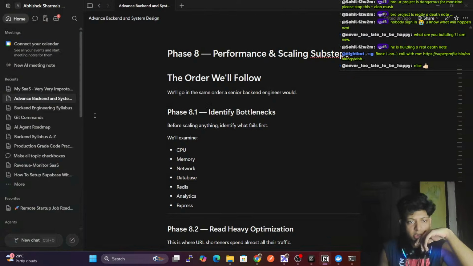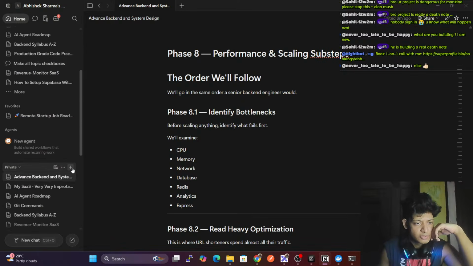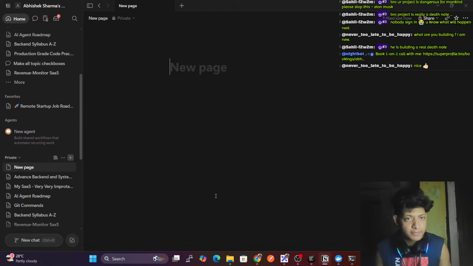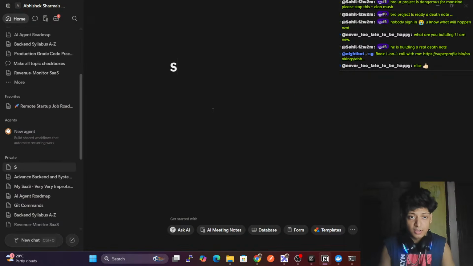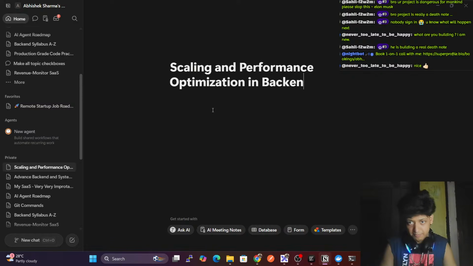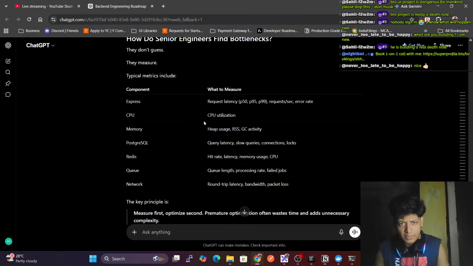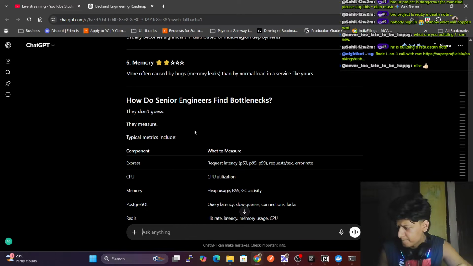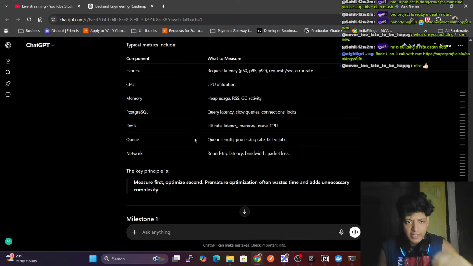So what I can do here is maybe create a new chat for this because it is an important concept: scaling and performance optimization in backend. Okay, we have this. So here we have